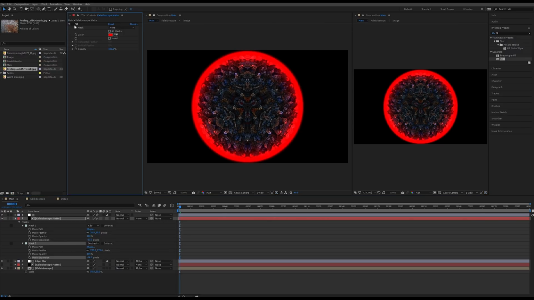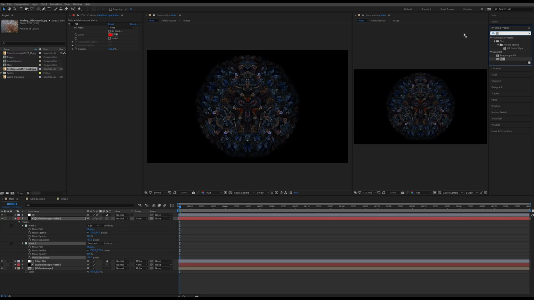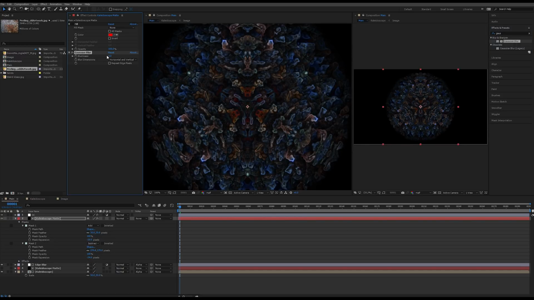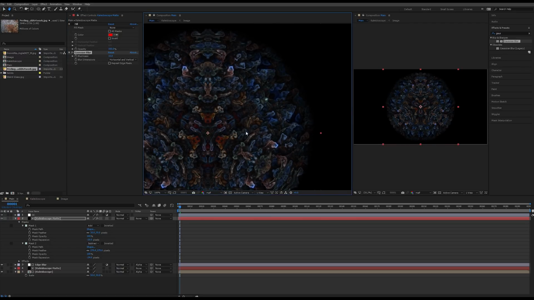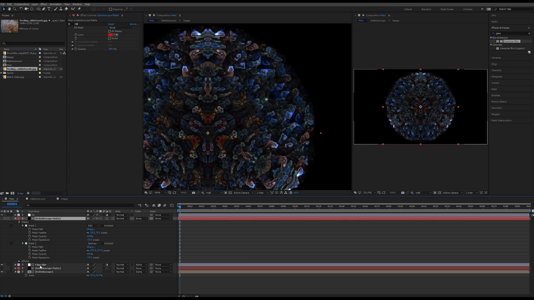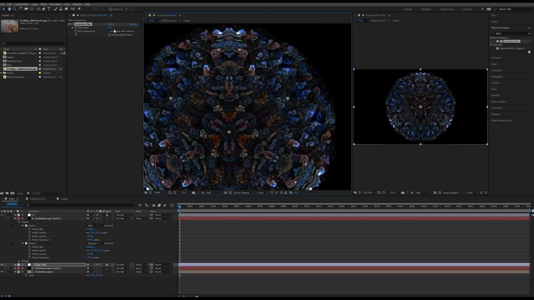And I can now turn off my fill, and then we're going to add a blur. So I'm just going to add a camera lens blur, like a Gaussian blur or something. Add that. Just kind of blur that up just a bit. And oh, I'm sorry, I shouldn't have added that to the matte. I need to add that to the edge blur layer. There we go.